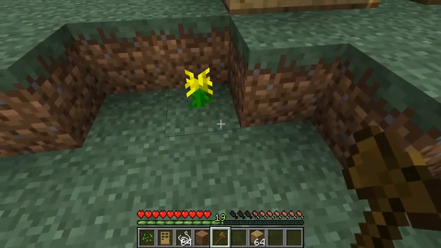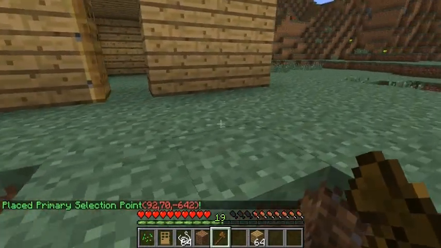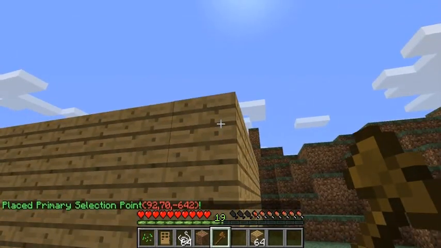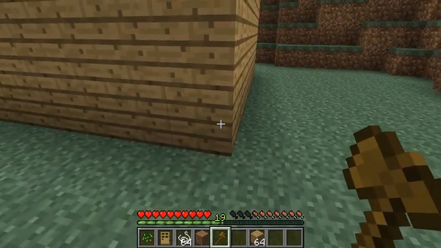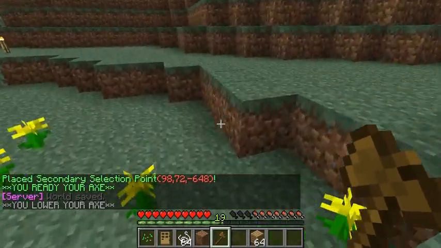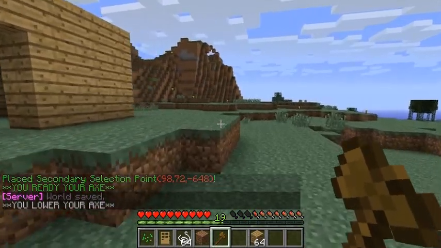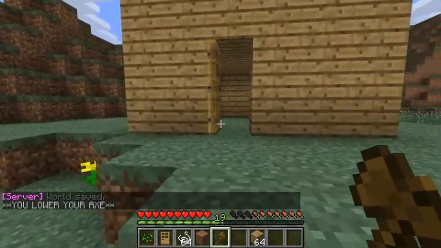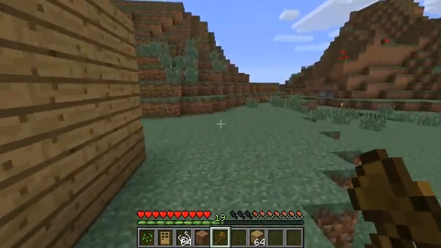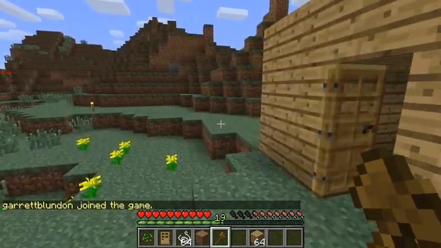So first block, you want to be outside the house. See, it'll say placed primary selection, first point, and you'll want to go to the second highest point, or actually it doesn't even matter which point, as long as it's somewhere on the opposite side of your house or area, farm, whatever you're protecting, house, garage, mansion, hut, like my awesome hut right now. As long as those 2 points cover the entire area. So if you're not quite sure how to cover an area with just 2 points, you might want to, oh